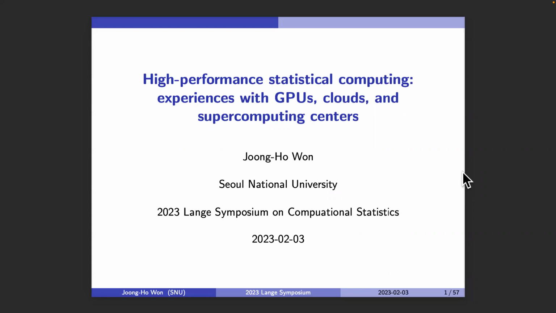All right, welcome back. It's my honor to introduce our next speaker, Professor Johann Wang. Johann is a professor in statistics at Seoul National University. And Johann has made substantial contributions to optimization, machine learning, and high-performance statistical computing. I had the luck to collaborate with Johann on a few projects, and each time it's a great learning experience